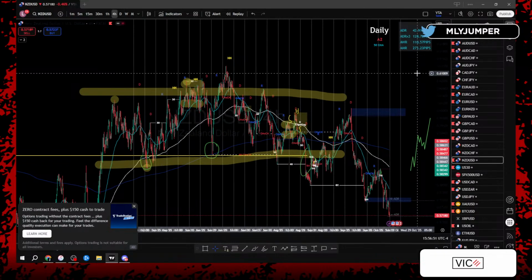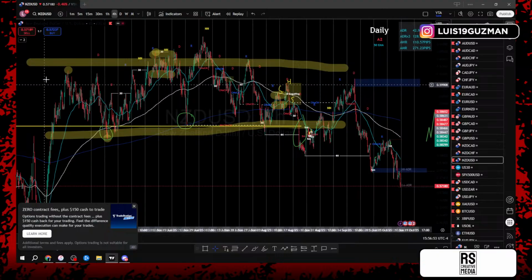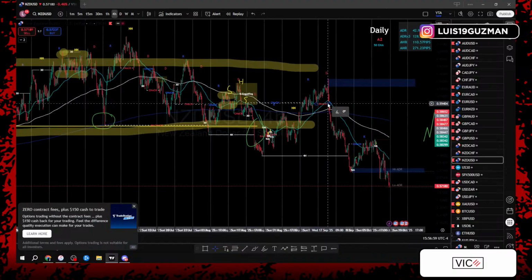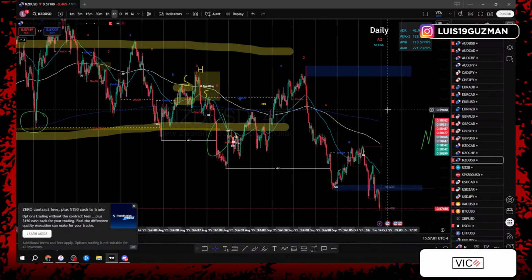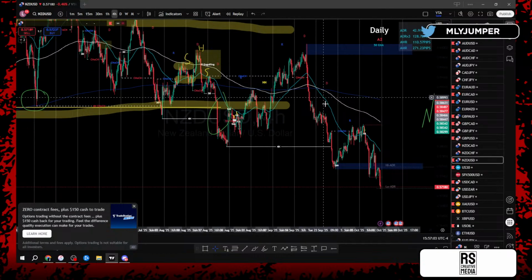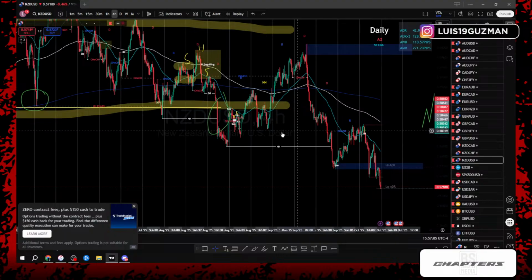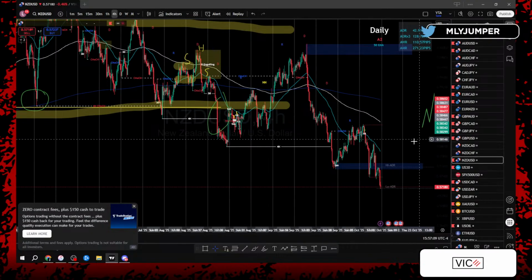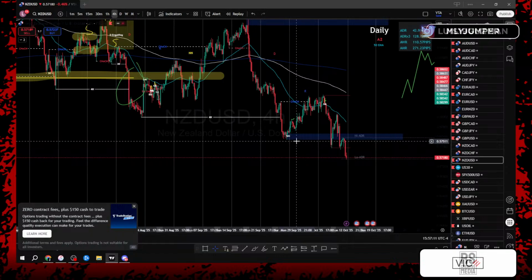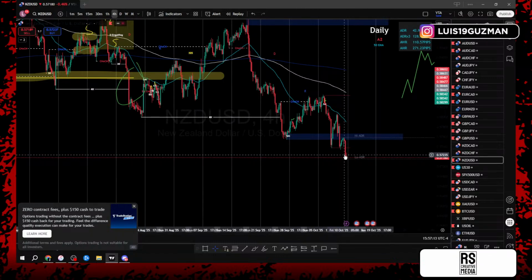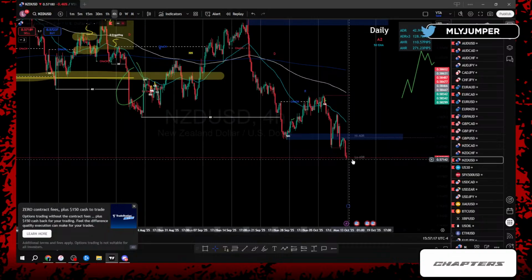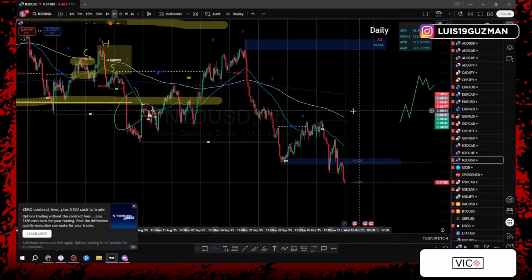Go on the lower time frame, and we know that price gave us a 4-hour zone of consolidation, where price gave us the break of structure, lower low, lower high, and then price gave us a third and final push to the bottom, another lower low, not a third and final, but a third push, right? Lower low gave us another lower high, and then price, towards the end of the week, gave us another lower low. So we know that on the 4-hour time frame,